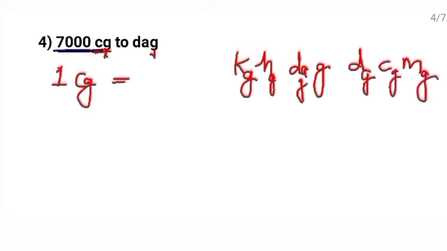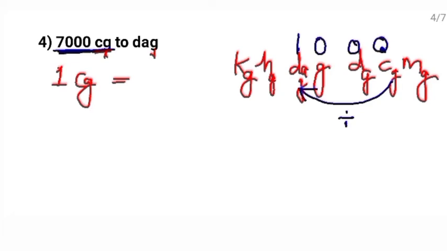You are on centigram. Centigram पर already है, that means centigram में value given है, and you are converting it into the decagram. Now decagram is here. That means you are moving backward. आप क्या कर रहे हैं? Backward move कर रहे हैं, वापस आ रहे हैं. In case of backward, you will divide. And with which number you will divide? 1 0 0 0, 1000.